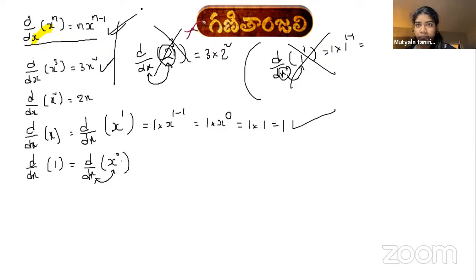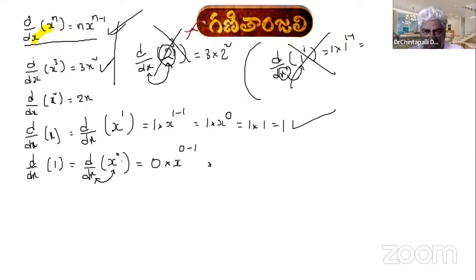What happens if we use this formula? 0 into x to the power -1. Very good. 0 into any defined value is 0. So, derivative of 1 is equal to? 0, sir. Derivative of x is equal to? 1, sir. Now,